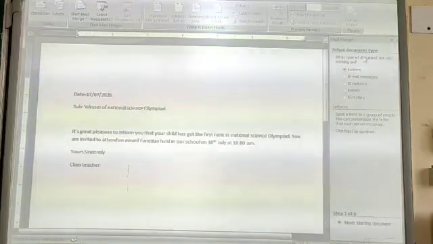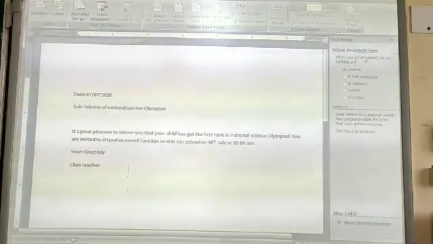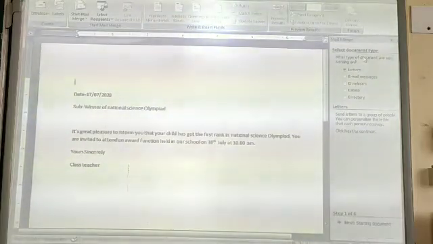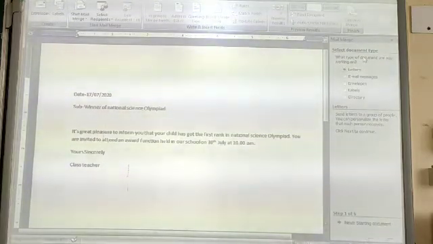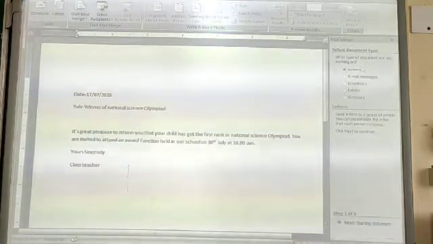The fourth step is to write your letter. The fifth one is to preview your letter, and finally, to complete the mail merge process. So first of all, we will go through the wizard.